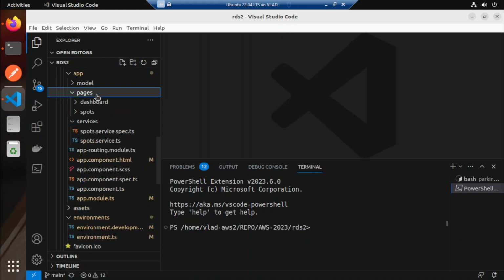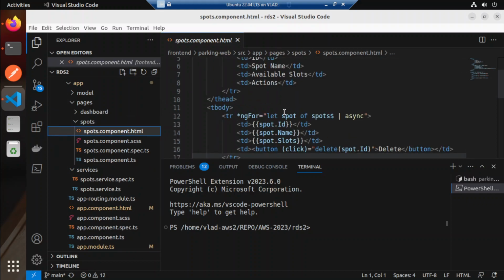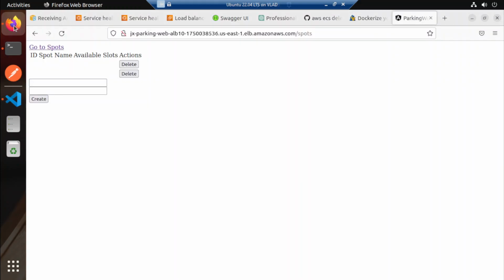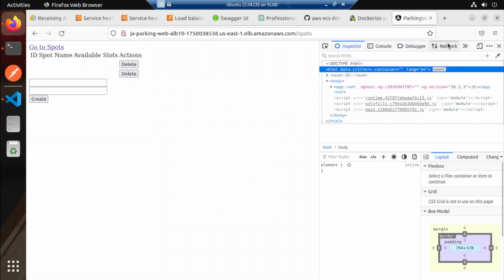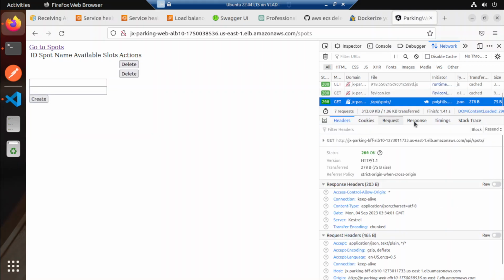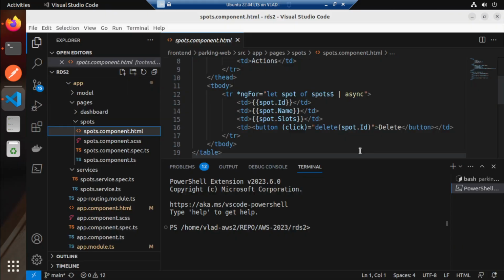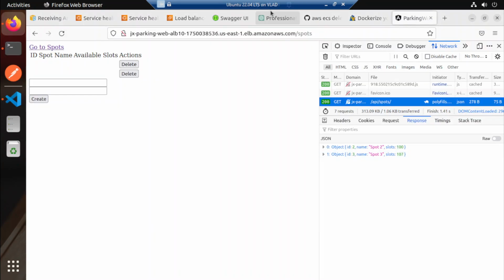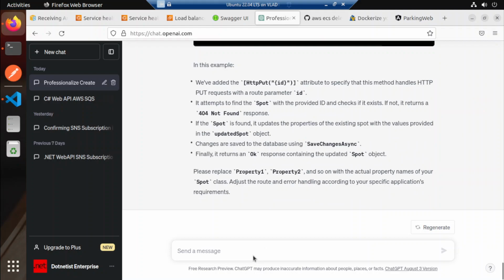Let's go here. Go to spots. This one. Spot ID, spot name. It could be about the casing. So here, response. Yeah, it's all small caps. Let's go ask ChatGPT. Handle API response is in small caps, but